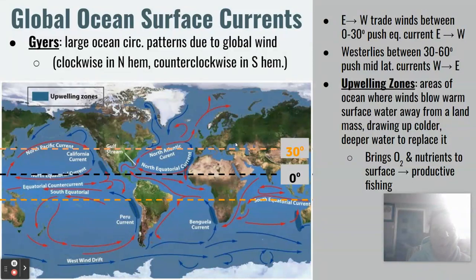These ocean surface currents are also going to create what we call upwelling zones, which are these areas in the dark blue that are shaded. So this is going to be where we're going to see the warm surface water being blown away from a landmass. And that's actually going to kind of create a suction that's going to pull up